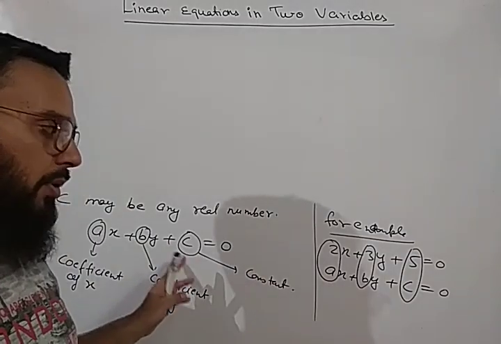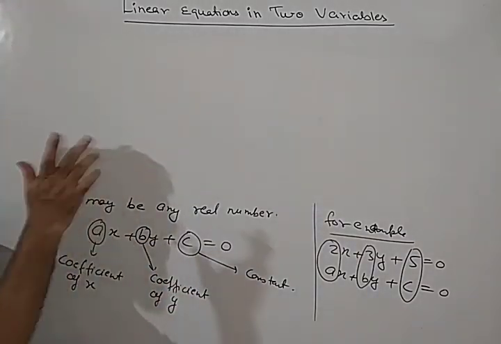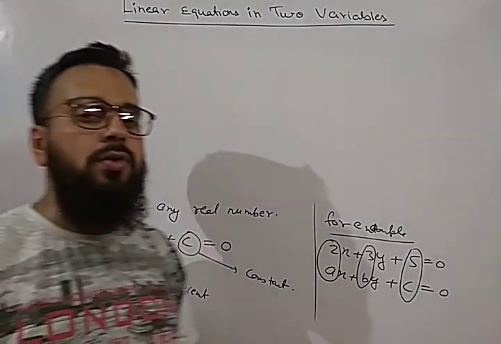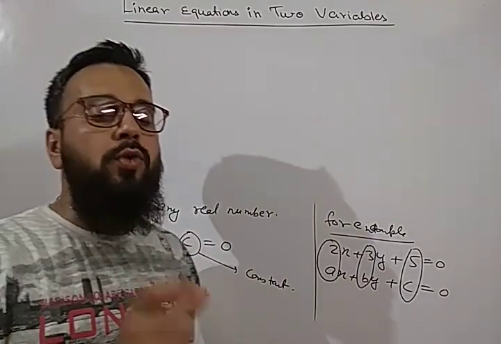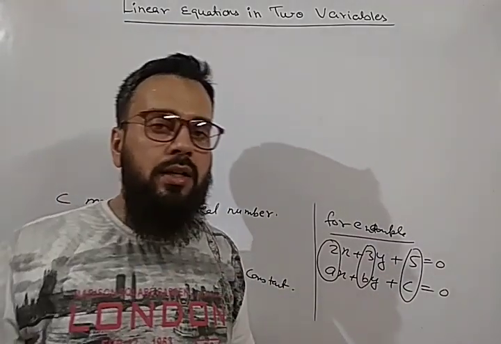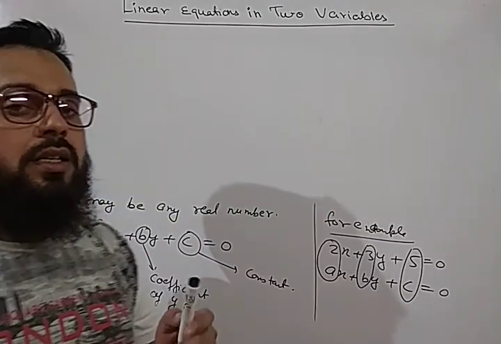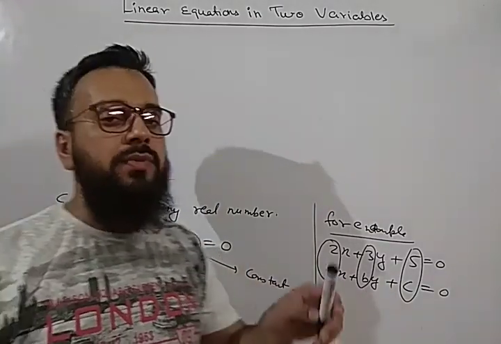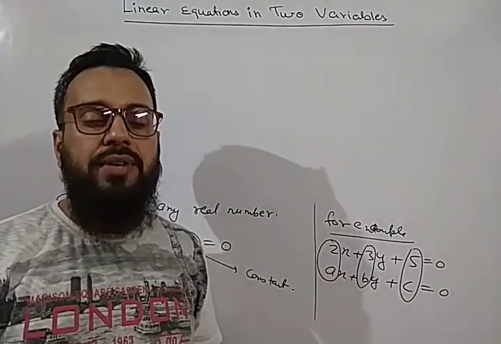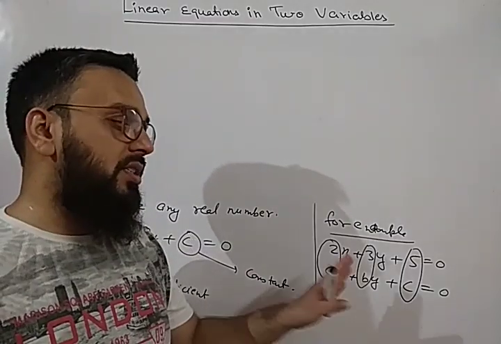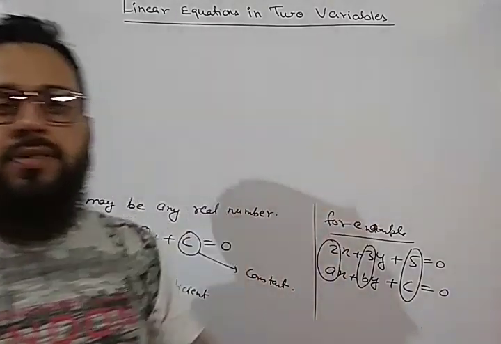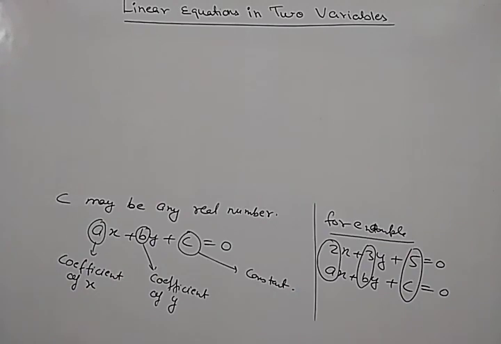So this is the general form. You have to remember, this is the general form of linear equation, and whenever the question asks to find the values of a, b and c from the given linear equation, the first thing is you will always write the given equation in the general form. If it is not given in the general form, then first convert it into the general form, then we will proceed further. So let us start with the questions.